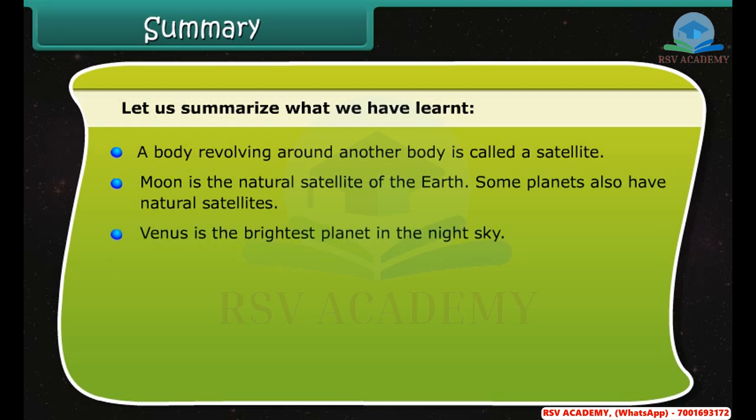Venus is the brightest planet in the night sky. Jupiter is the largest planet of the solar system. The artificial